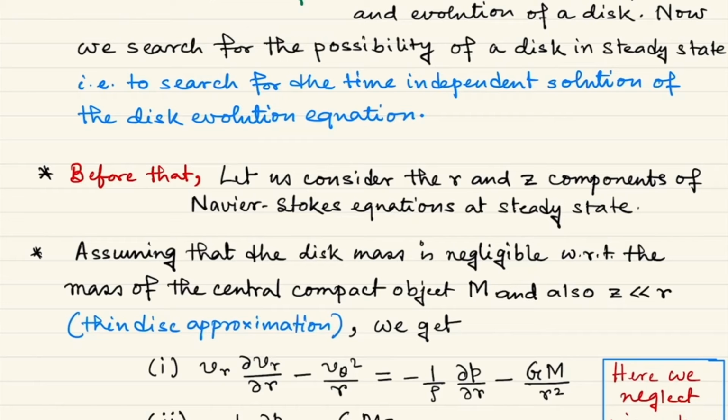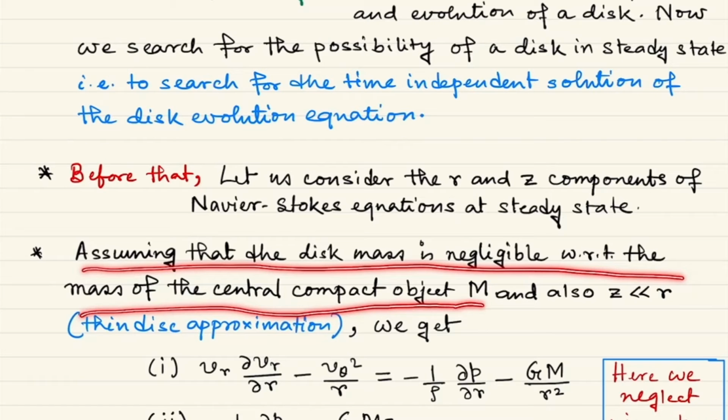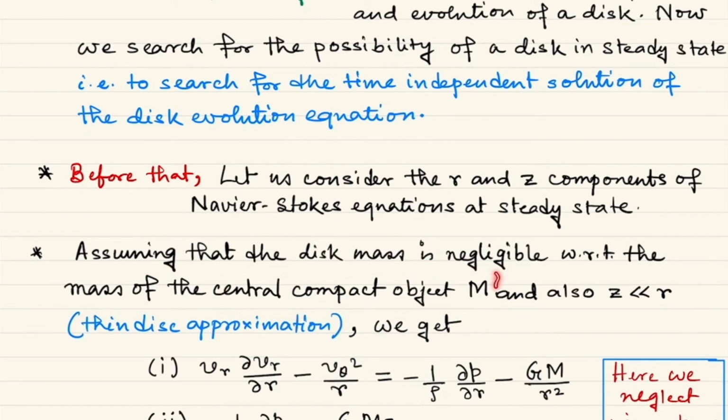Okay, so assuming that the disk mass is negligible with respect to the mass of the central compact object M, for example the black hole mass or the neutron star mass, which is at the center of attraction, and also that Z is very less than the height of the disk, or the thickness of the disk is very less than the radial dimension of the disk. That is the classical thin disk approximation. Finally we get